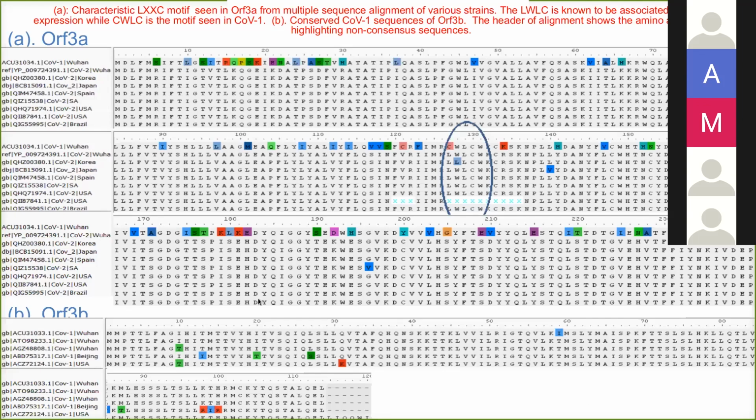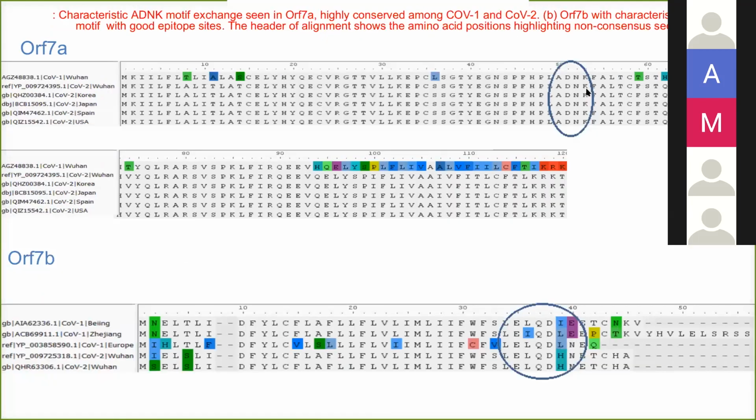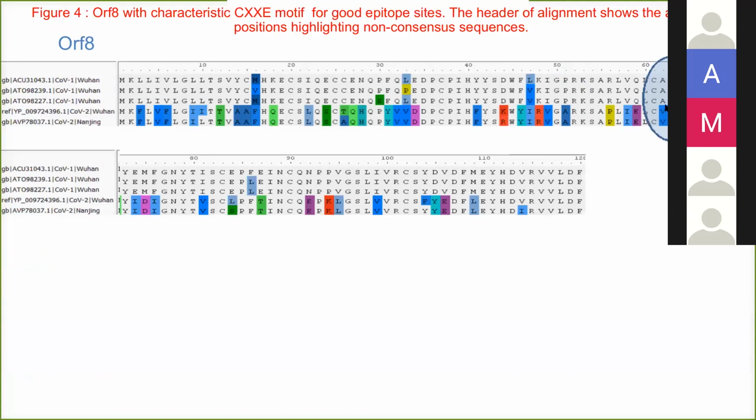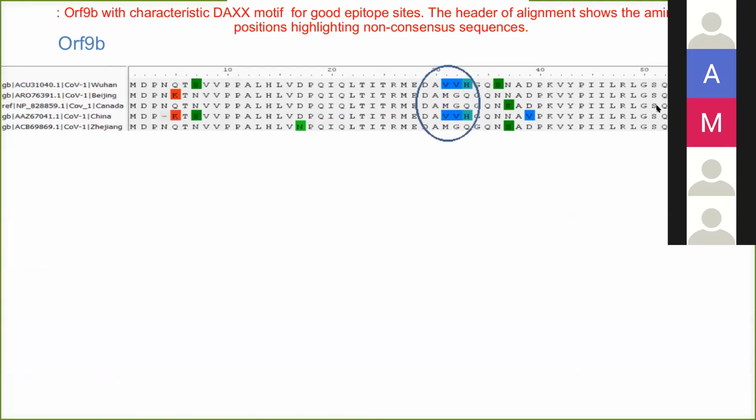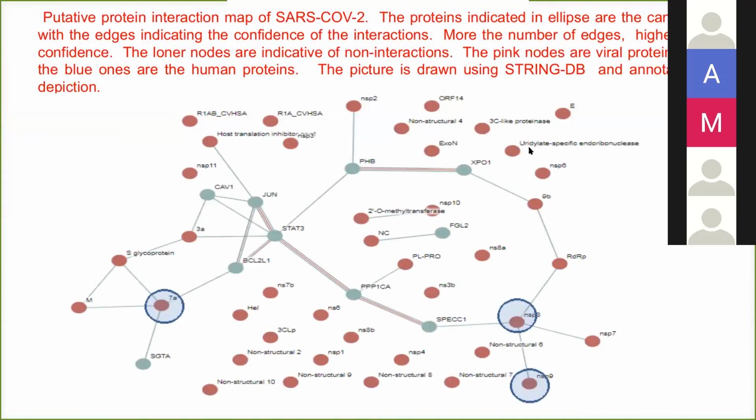where we tried to ask, what are the non-consensus sequences across all these sequences? When I say non-consensus, they are non-repetitive sequences, which means they are absolutely unique. As you could see, all the colored ones are the unique ones, so these can be the better unique sites that we could look into. We got signature sequences like AD and K in the case of ORF7E. In the case of ORF7, we have LEL, QD kind of things. In the case of ORF8, we have CXE motifs, which we have identified. And now comes a question: how do these sequences make an ORF7A?